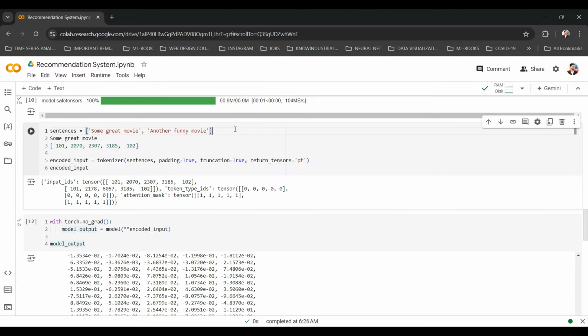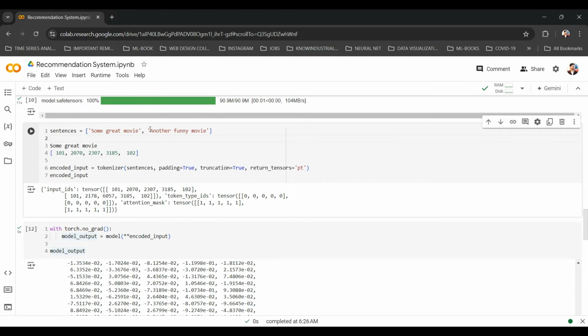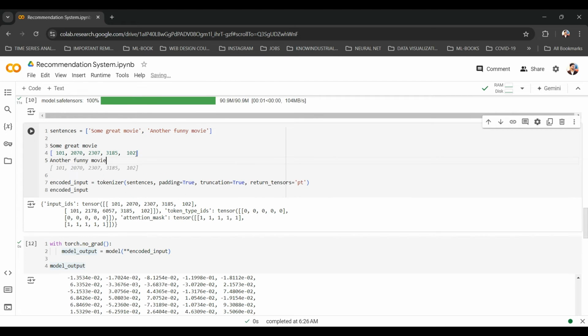And imagine another funny movie, and something like movie I watched, and this had more tokens. Maybe in that case the length for this token vector and this token vector is different, isn't it?